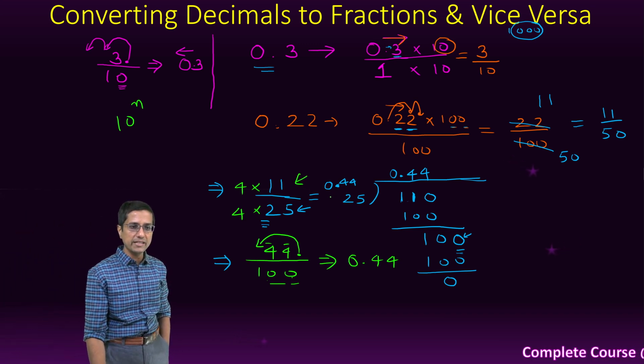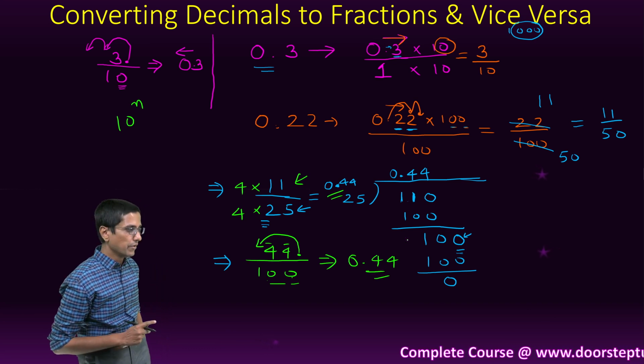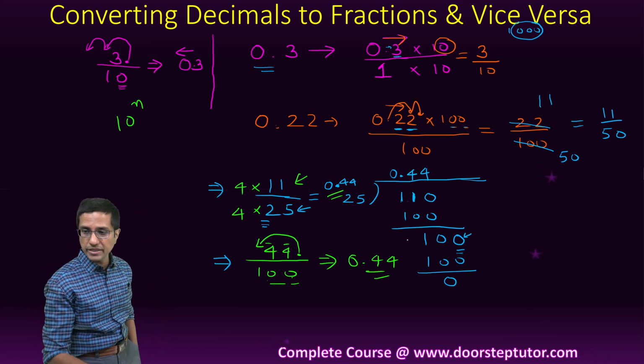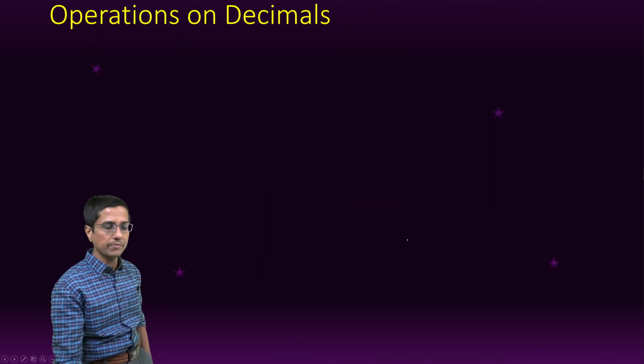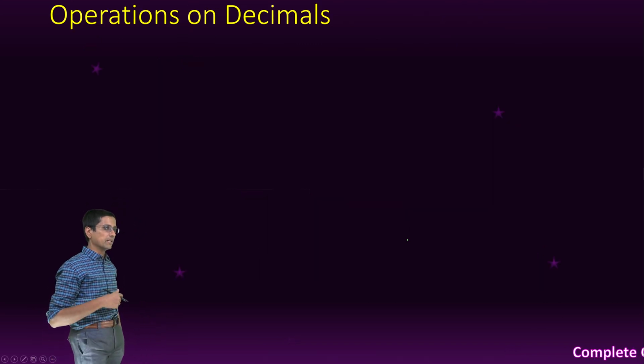Okay, so both by using the long division and by using this special trick, we were able to get the same answer 0.44. Okay, so hopefully this is very clear. We can convert them from one to another, decimals to fractions, fractions to decimals. Now let us understand